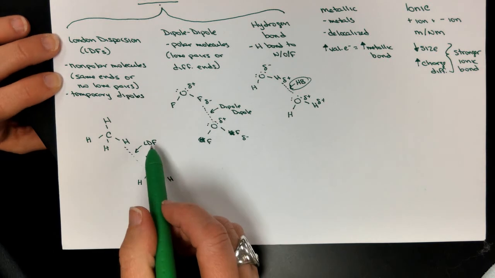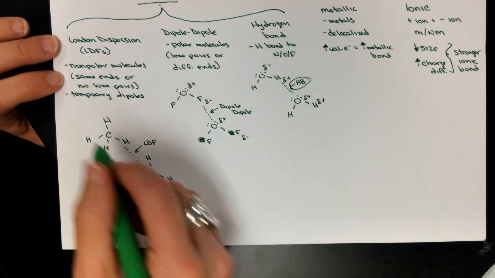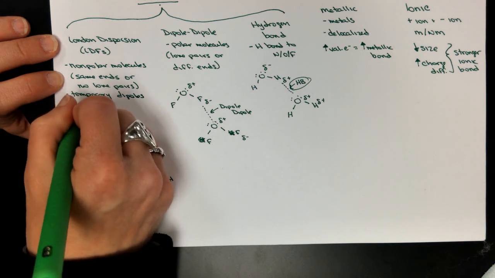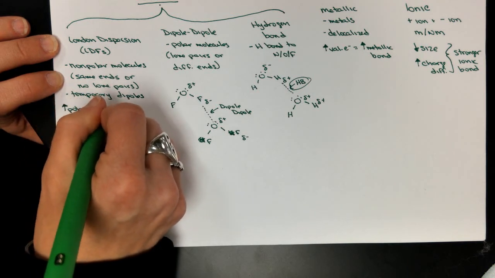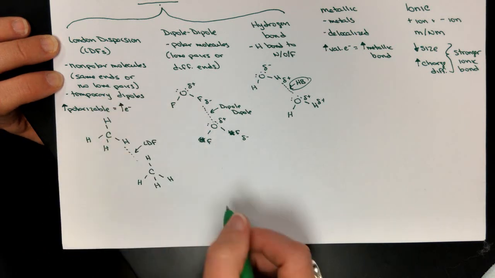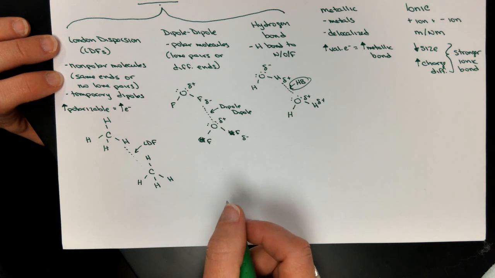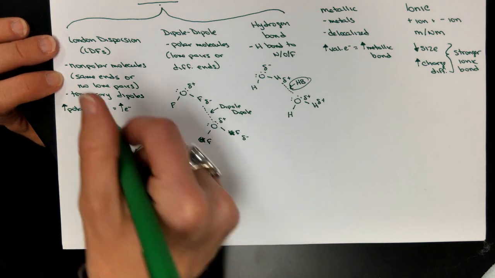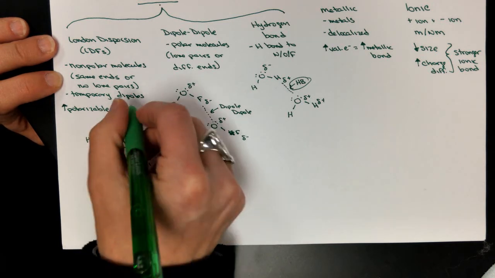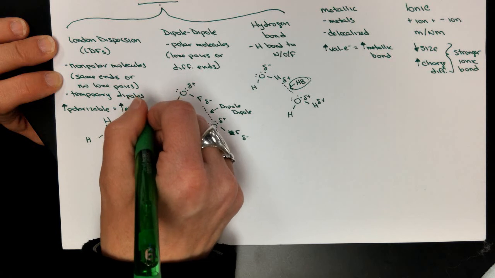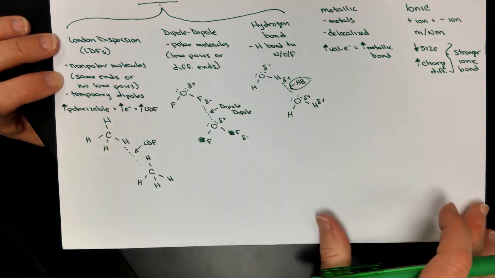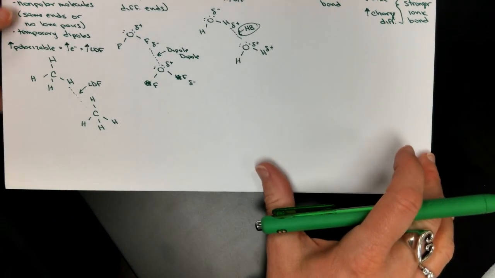We did say that there were ways to compare LDFs. We said that if something was more polarizable, and we know if it's more polarizable because it has more electrons, so you can look at the electron cloud, you can look at the number of electrons in there, you can even look at the mass. All of those would help you to determine the number of electrons. It's going to have a stronger LDF. Okay? Now, as far as how these influence properties,